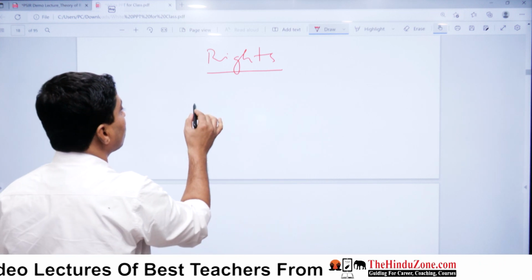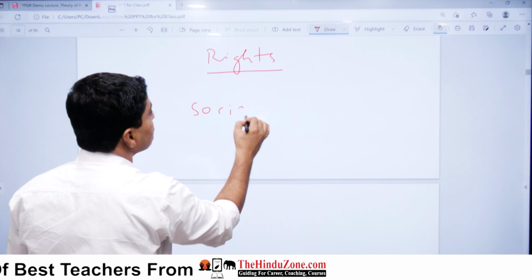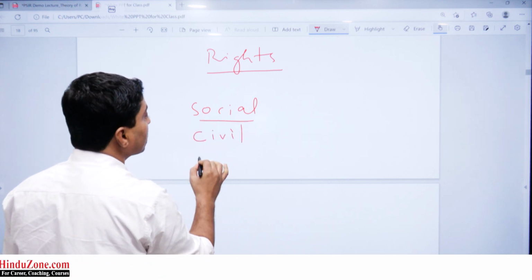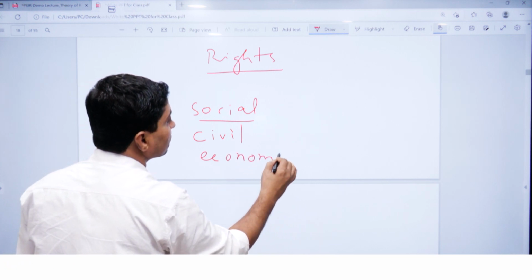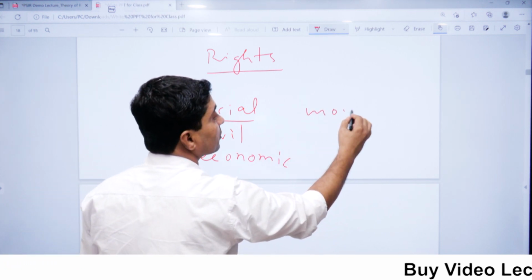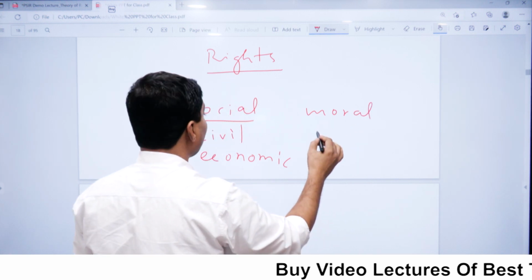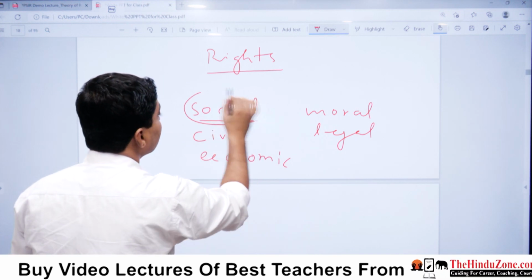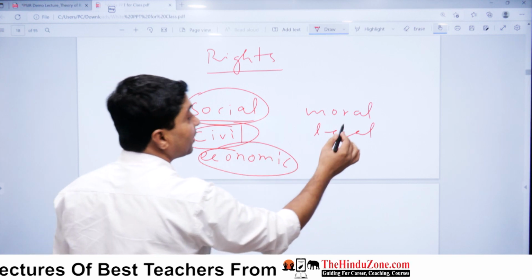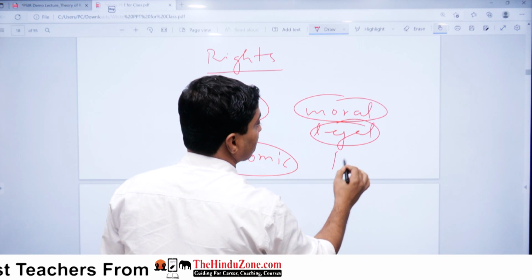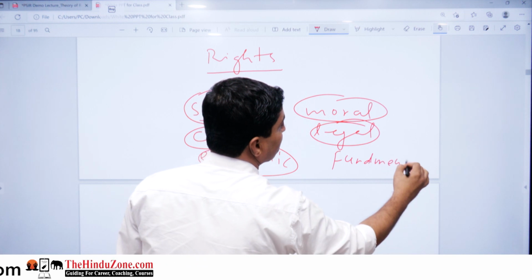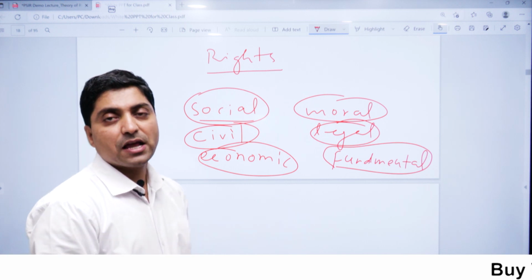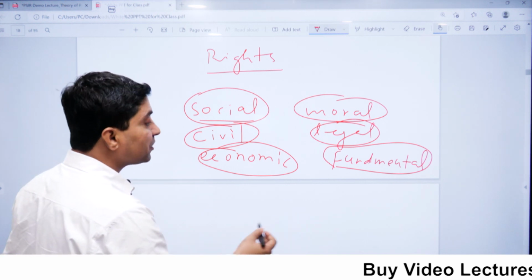For example, what is social right? What is civil right? What is economic right? What is moral right? What is called legal right? So we will talk about different meanings of rights. What is called fundamental rights? We will talk about different meanings of rights, and then after that we will talk about different theories of